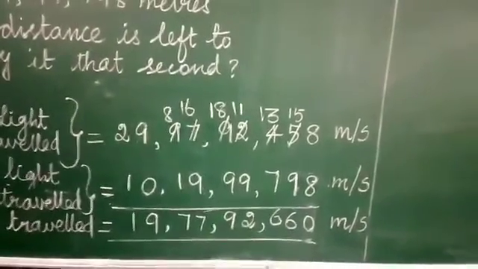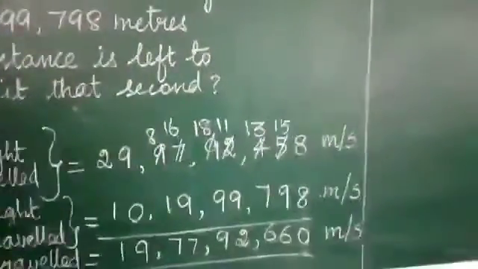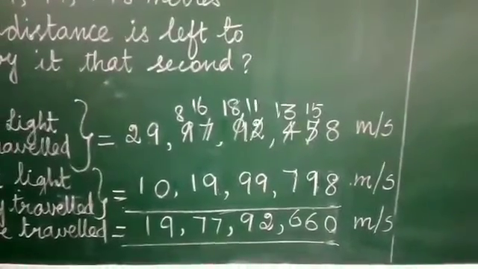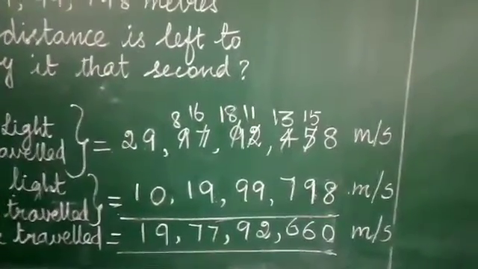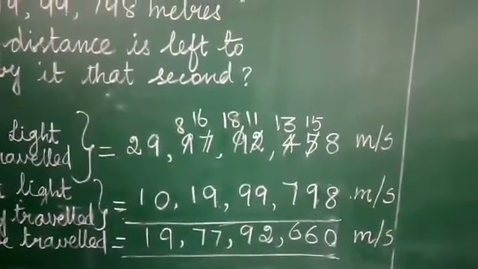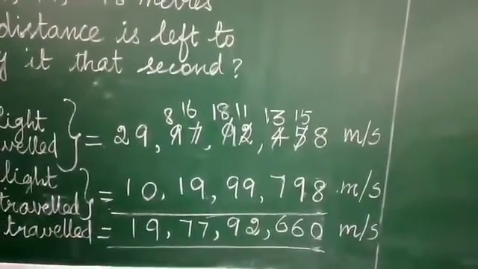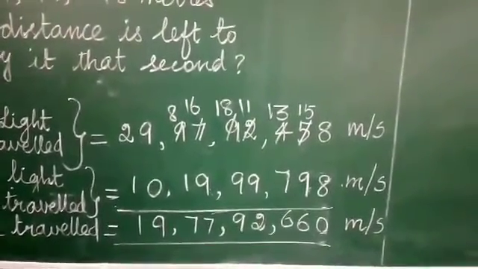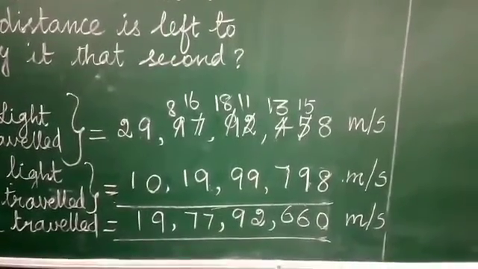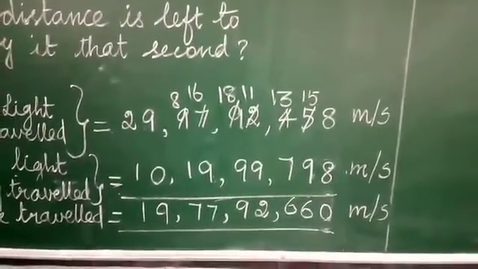Here in the 1000 place we give one more to the hundreds. So we have 1 in the 1000 place. Again 1 minus 9 we could not subtract. So I borrow from the 10,000 place. So this 1 becomes 11. So 11 minus 9 is 2. And 9 in the 10,000 place will become 8. So what is 8 minus 9? Again we cannot subtract. So borrow from the lakh place. If we borrow, what we have? 18. 18 minus 9 is 9.